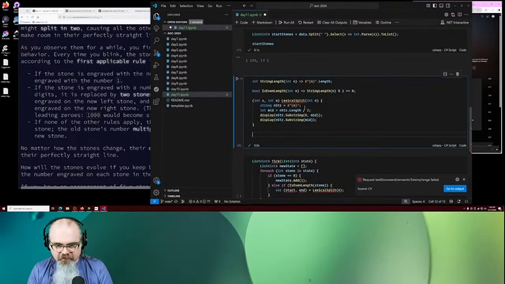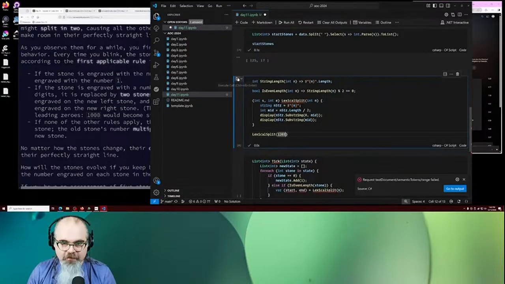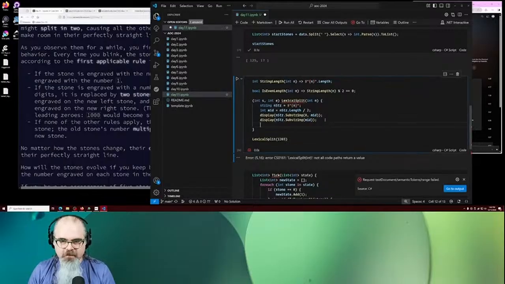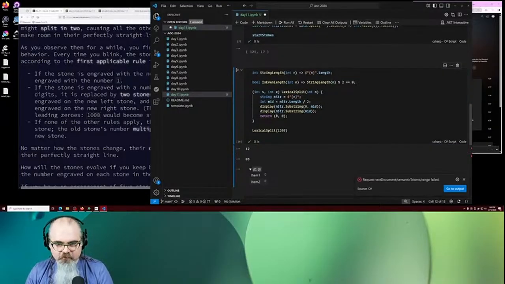All right, so let's just do a quick test here of lexical split of 1203. And let's go ahead and just execute that. Lexical split, not all code paths return. Oh, right. Hang on. Return 0, 0. Okay, 12 and 03. That's a good sign. Okay, great. So now what we want to do here is